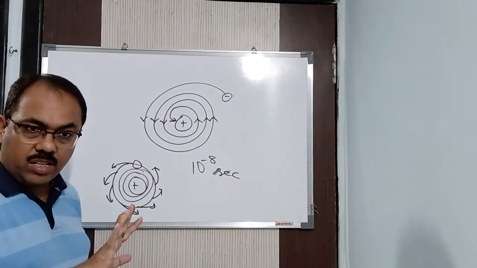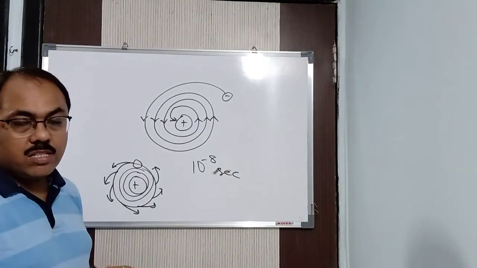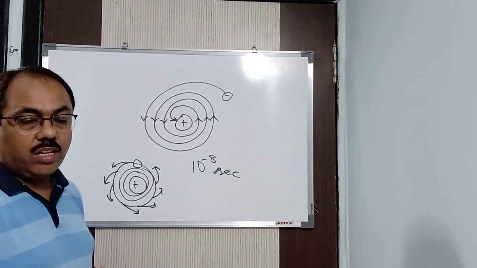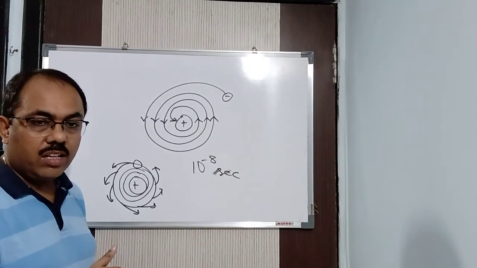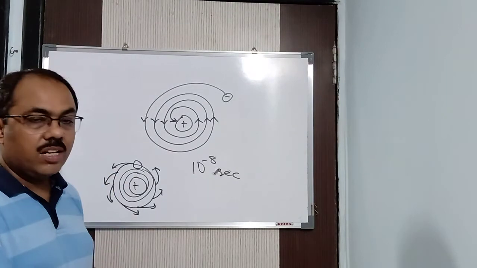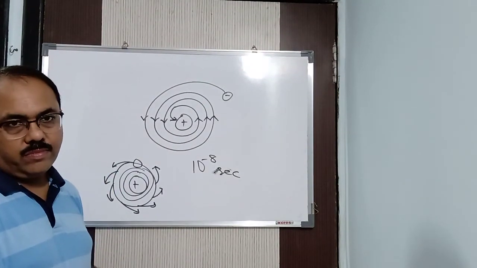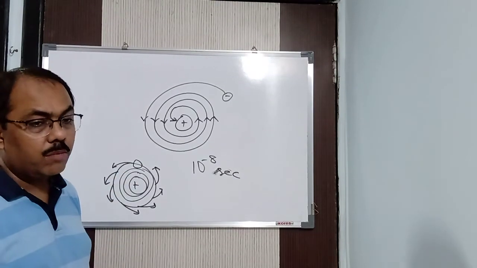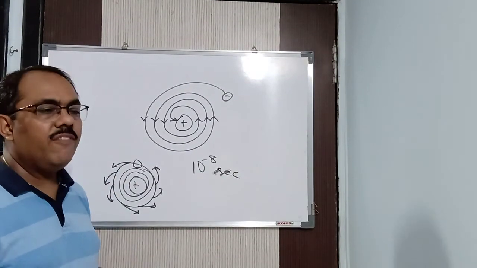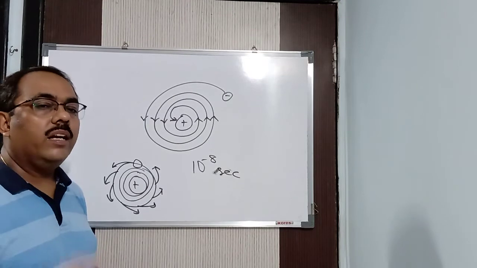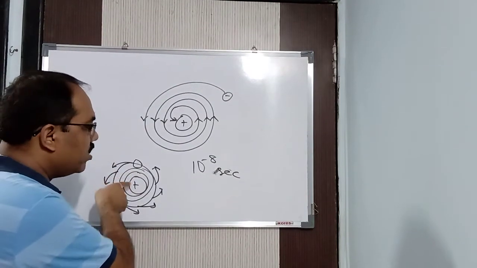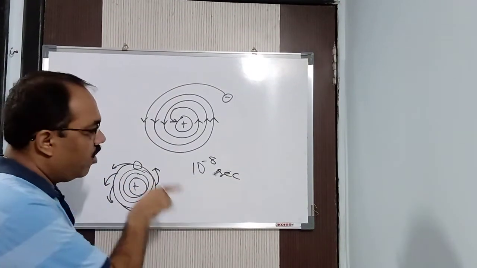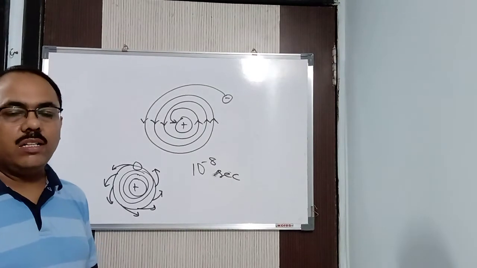Did Earth get destroyed? Now, he said this in some 16th or 17th century, and still today we are here. That means what was suggested by Rutherford is not correct. It was wrong, that electrons move in a circular path, because any charged particle moving in a circular path is liable to release energy, to lose energy, and ultimately it will fall into the nucleus and get destroyed.